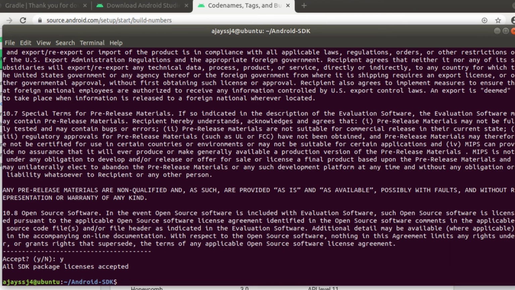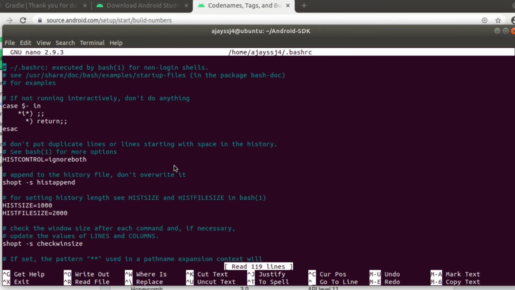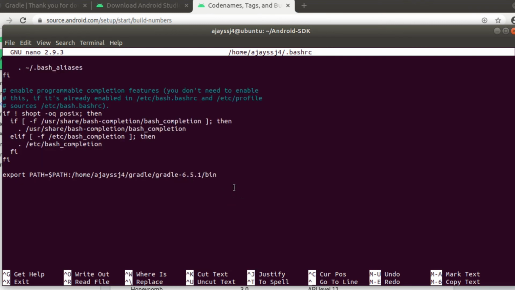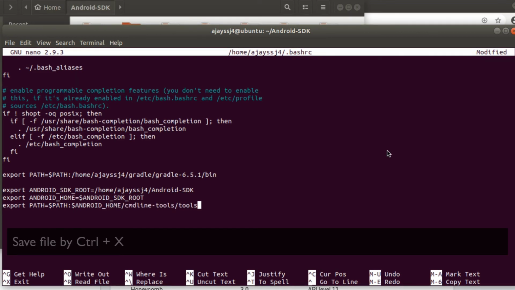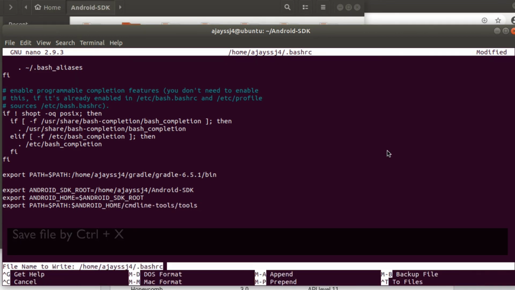Now open the bashrc file again and go to the end of the file and add new variables, that are ANDROID_SDK_ROOT and ANDROID_HOME, and paste the path of the Android-SDK folder, and at last add the path of the tools folder in the PATH variable.